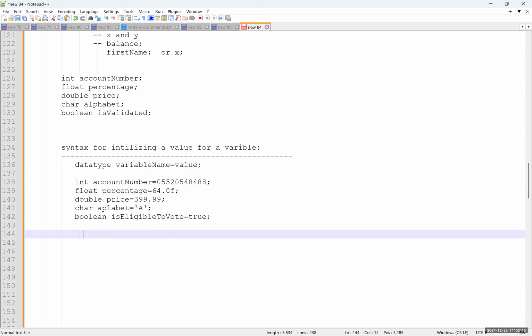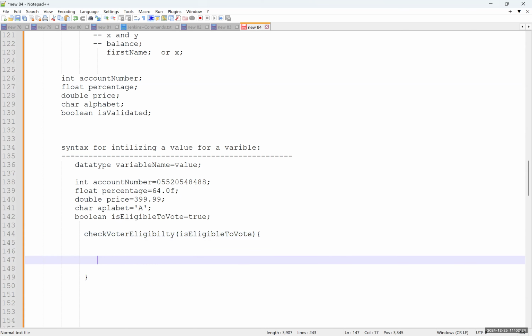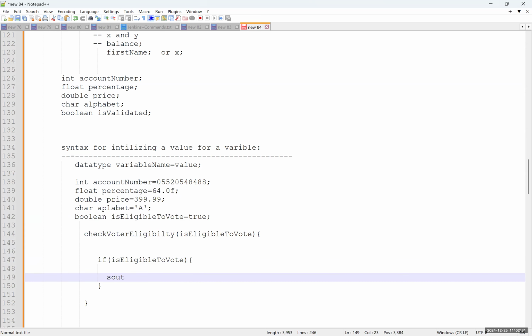Let's say, for example, here I am writing a method check voter eligibility. Okay. So here this method is checking is eligible to vote. Now I am writing a condition if he is eligible to vote is true. If he is true, I'll print it